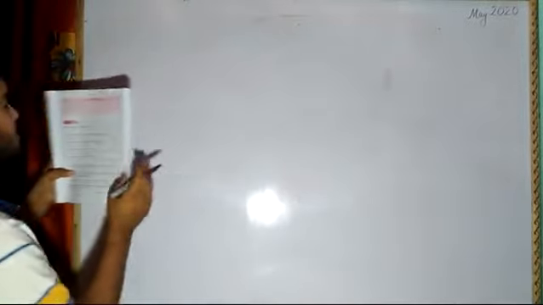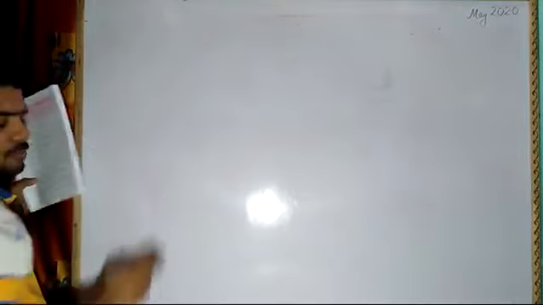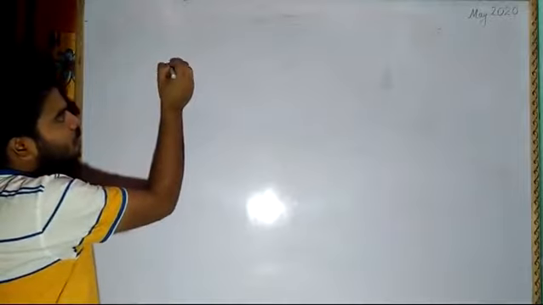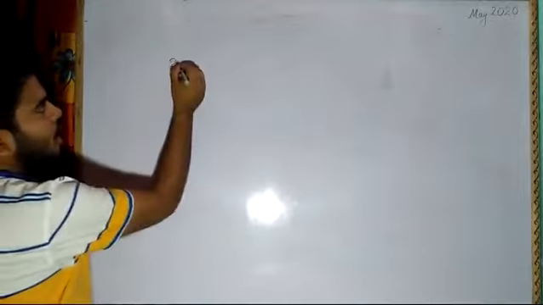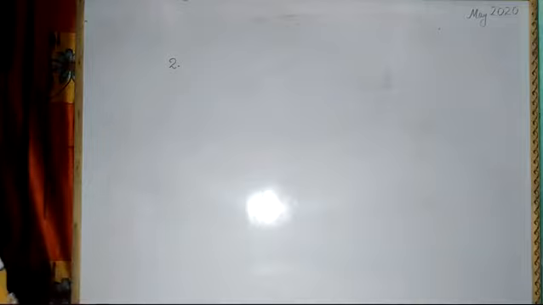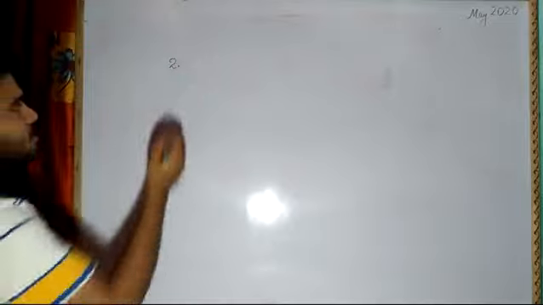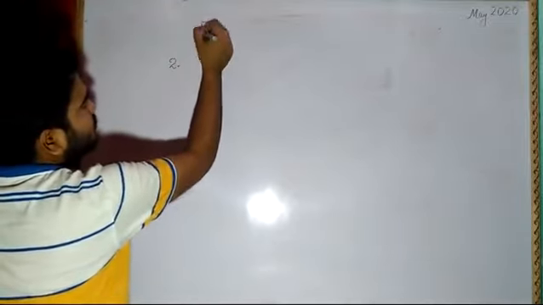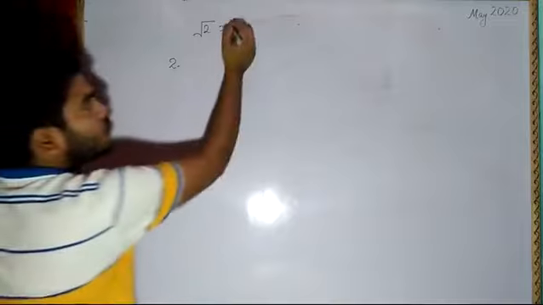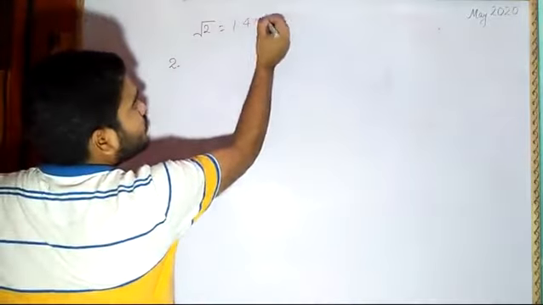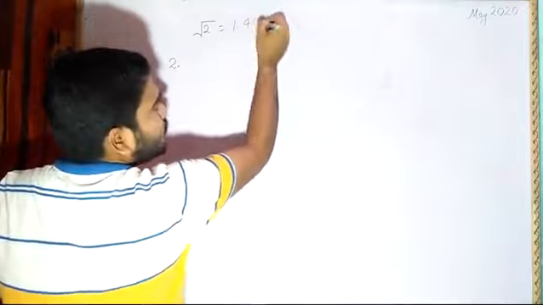Now we will see, my dear students, finding the square root of each of the following correct to 2 decimal places. When they ask correct to 2 decimal places, 3 decimal places, or whichever place, write the whole number first. If they ask up to 2 decimal places, then you should always calculate the answer up to 3 decimal places. Why am I saying this? Suppose the value is 2, and I am just assuming its root is 1.414.